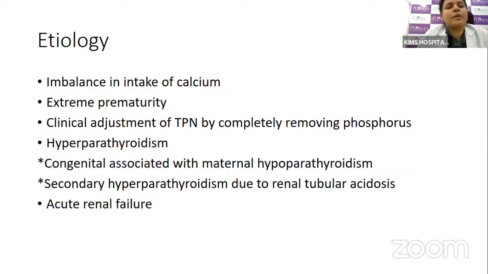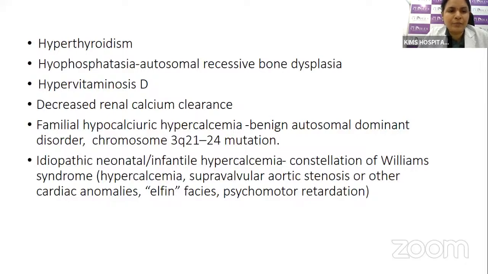The etiology for hypercalcemia is usually because of imbalances in intake of calcium, extreme prematurity, clinical adjustments of TPN by completely removing phosphorus or abnormal calcium phosphorus ratio while providing parenteral nutrition, and hyperparathyroidism. It can be associated with maternal hypoparathyroidism or secondary hyperparathyroidism as seen in renal etiology as well as in acute renal failure. Hypercalcemia may also be seen with hyperthyroidism, hypervitaminosis D, hypophosphatemia, autosomal recessive bone dysplasia, decreased renal calcium clearance,